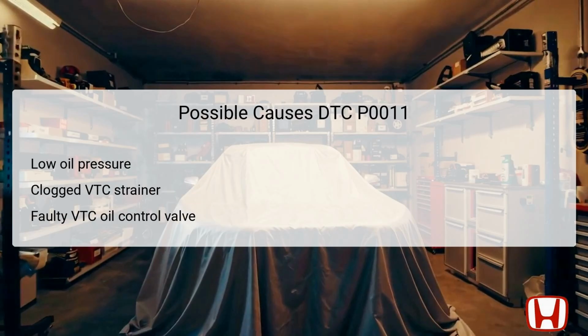When diagnosing the DTC P0011, several potential causes must be evaluated. First, low oil pressure can trigger this fault code. The engine requires adequate oil circulation to effectively operate the VTC system. Second, a clogged VTC strainer can prevent oil from flowing smoothly to the VTC mechanism, leading to uneven camshaft timing adjustments. Thirdly, a faulty VTC oil control valve may fail to respond correctly to signals from the engine control module, ECM, which would also result in timing issues. Each of these causes should be explored through systematic troubleshooting to accurately identify and rectify the underlying issue responsible for